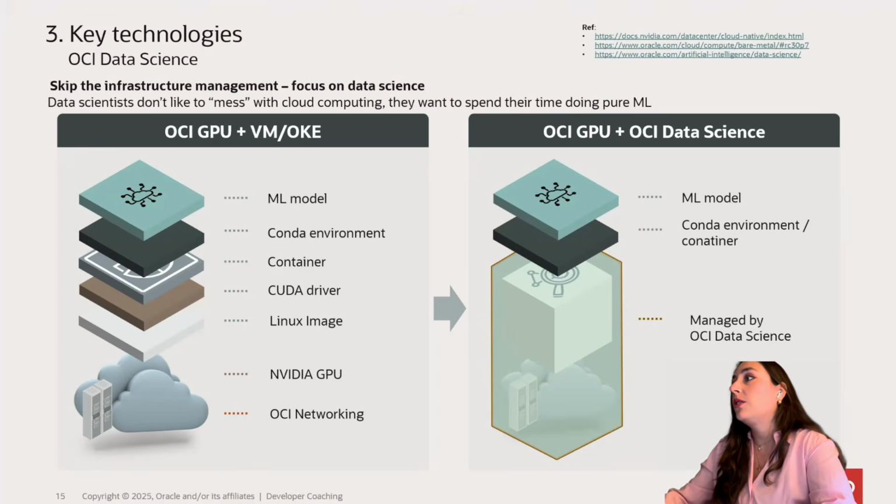On the other hand, on the right, you can see OCI GPU plus OCI Data Science, and here the infrastructure and the management are handled by the service. You pick a notebook shape with GPU, the service manages the base image, drivers and integration, and you can focus purely on your code, your models, and the data, and not on putting the platform together and preparing everything from minute one. So for this recommendation demo, we chose, of course, OCI Data Science because we approach this mindset and we could spend our time purely on embeddings, on SQL and Apex, rather than CUDA and OS configurations. And with that, I'm going to pass the voice to Roxana, who is going to guide you through the converged database, Apex, and the detailed solution.